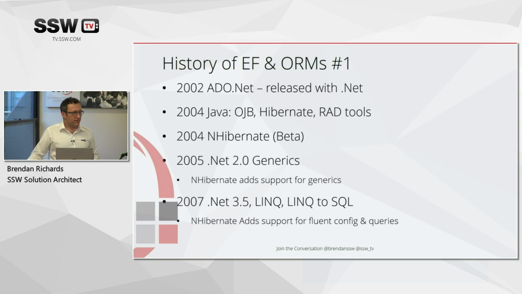And while that's going on, Hibernate's picking up these changes to .NET. It's adding support for a fluent way to query your database, where previously in Hibernate it just had this kind of like an SQL text string, but one that understood objects. Now it's got a fluent API for building queries.